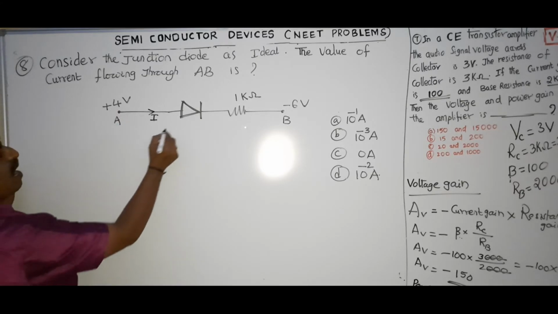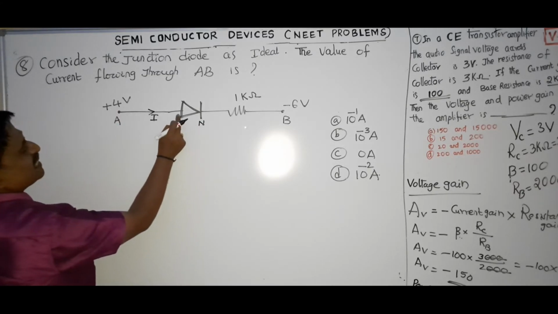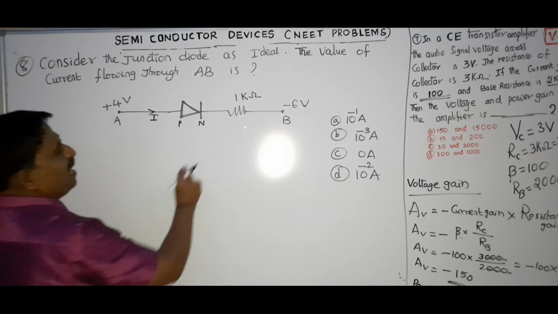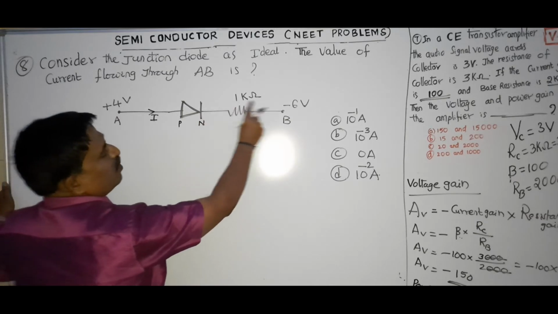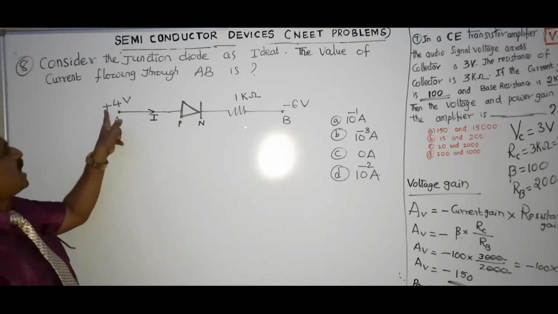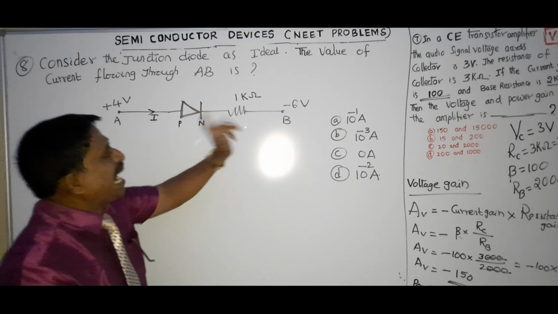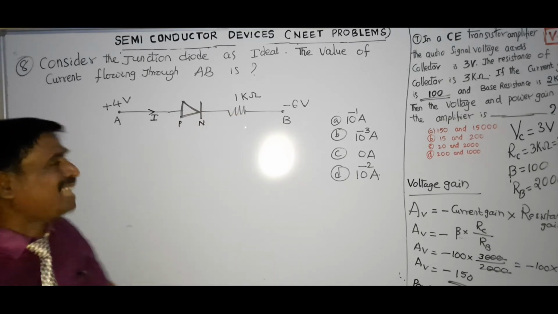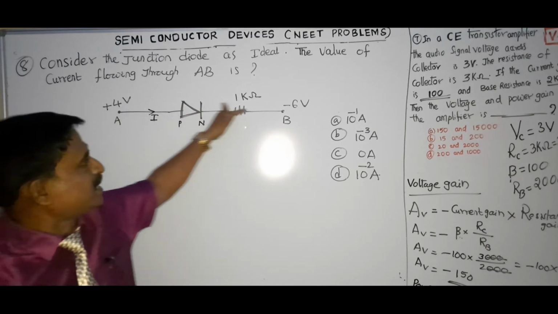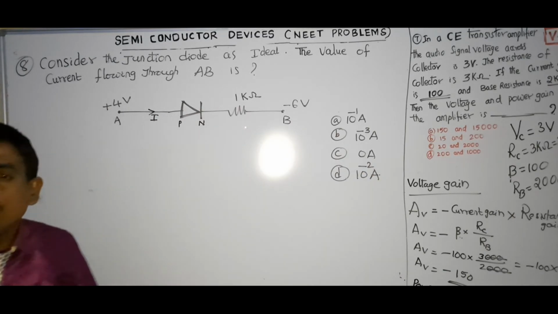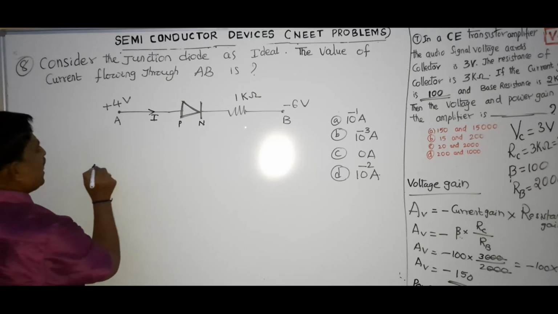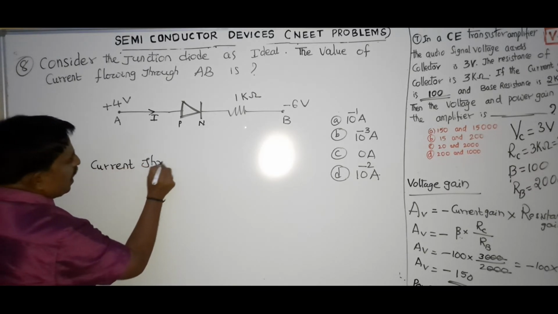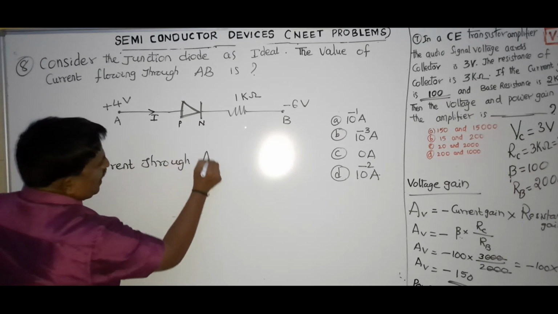Positive terminal of the diode is connected to positive terminal of the battery. Negative terminal of the diode is connected to negative. Positive is connected to positive, negative is connected to negative. The diode is in forward bias. Hence, current is passing through the diode. We know one formula: current through AB